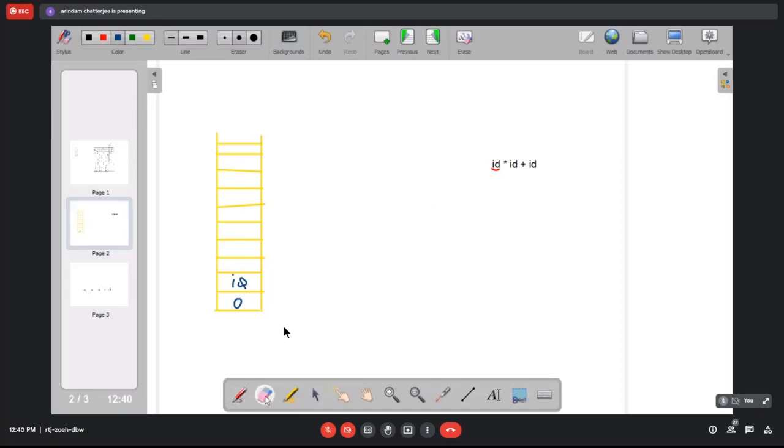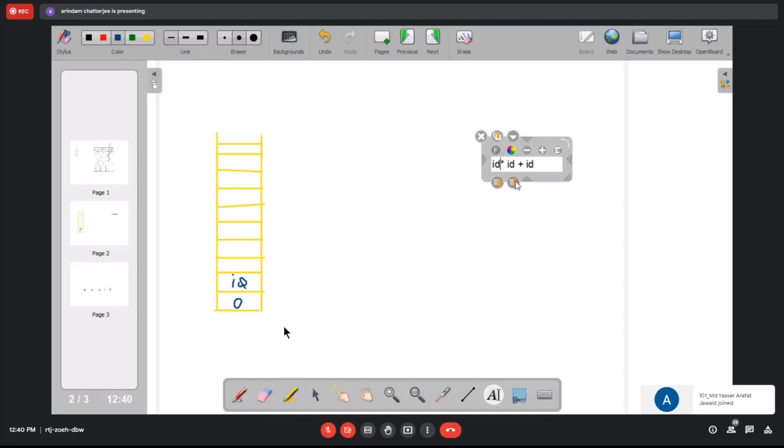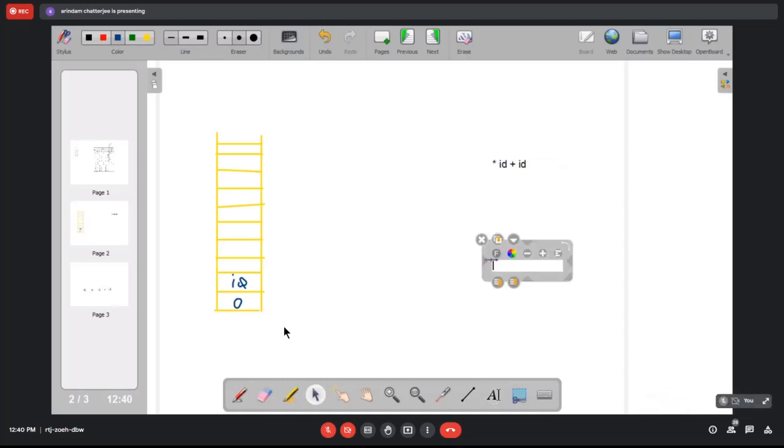And we'll erase this ID from the input. So we are left with star ID plus ID because the first ID is now on the stack.